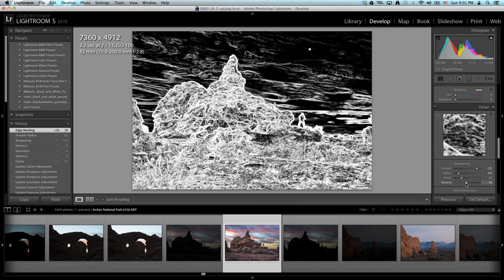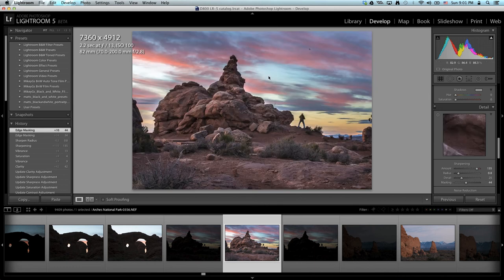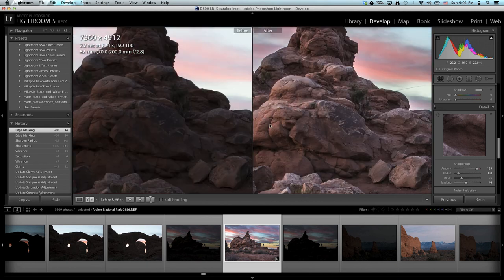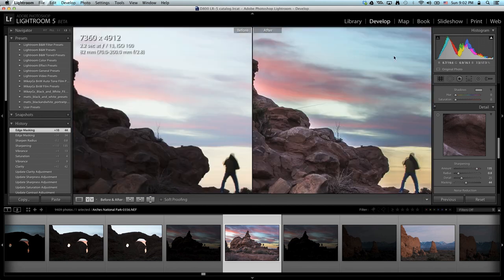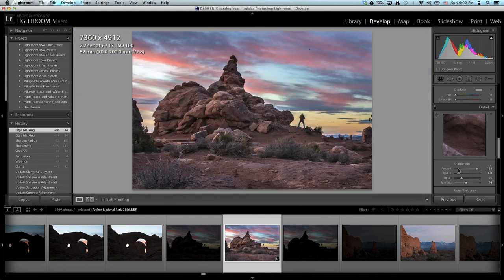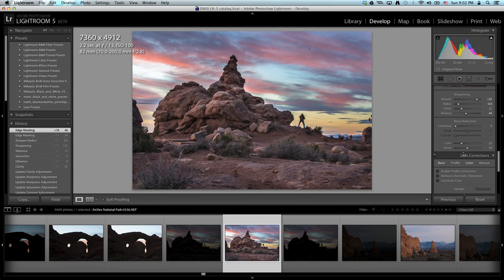That will help me to not have noise in the sky. So only the sharpness will come to the places that I want, let's say the rock. I don't want, let's say, clouds to be relatively sharp because it will bring noise. That looks good,